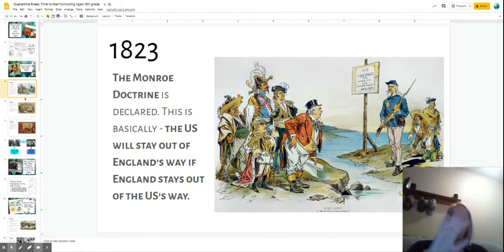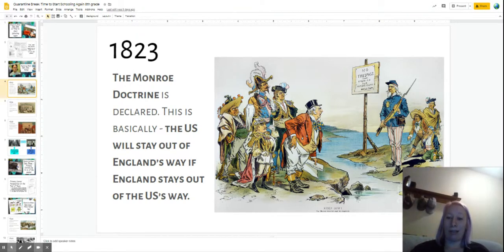So thinking about our past with England and how that war had just ended, we are sick of them. They are sick of us. We want nothing to do with redcoats. England, King George, redcoats, the loyalists want nothing to do with us. So they make this doctrine, which you can see on here.